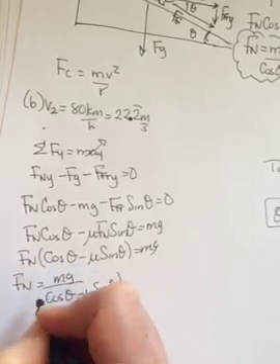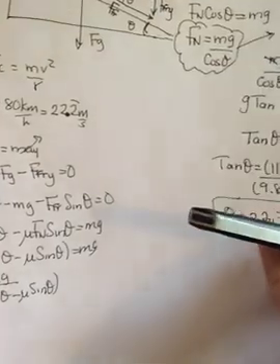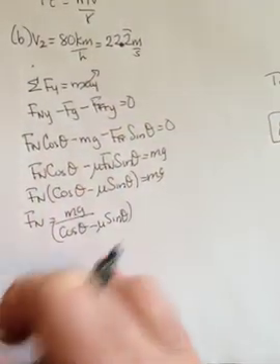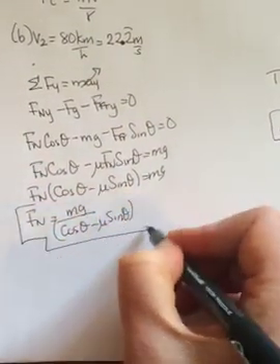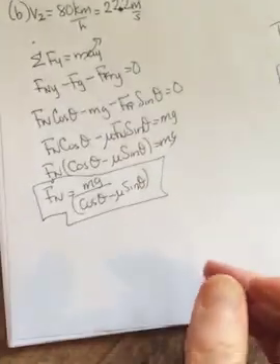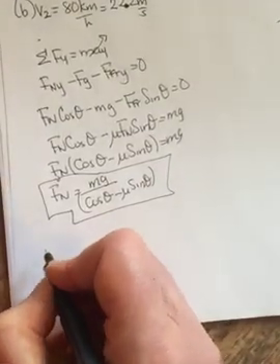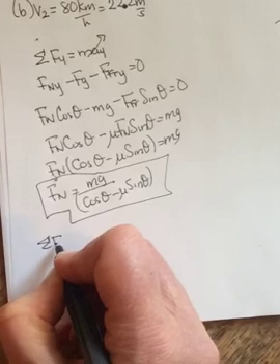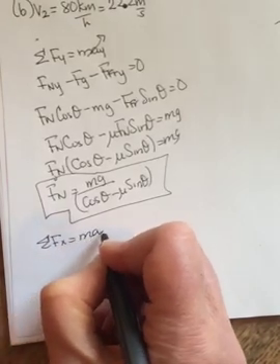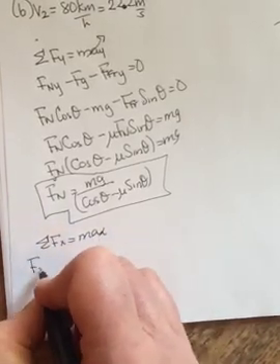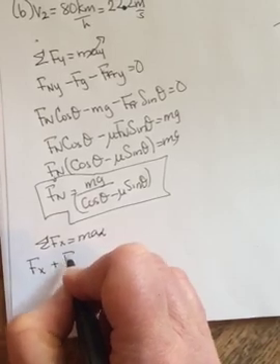Now, you're going to go to the x direction and do the sum of the forces in the x. Okay, so we have this. And when I run out of time here, before you start the next video, just see if you can finish it. So it'll be sum of the forces in the x, and this time in the x it'll be Fx plus friction in the